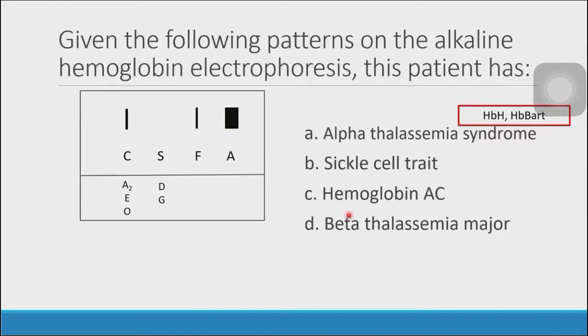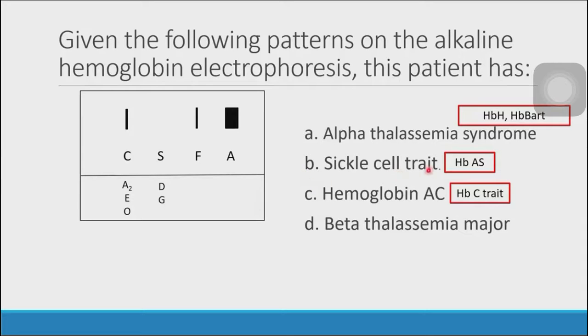For beta thalassemia major, ganun din yung rationale behind. Since beta thalassemia major, there is no beta globin chain being produced here. Thereby, of course, since walang beta-globin chain, affected din yung production ng normal adult hemoglobin since it is composed of 2 alpha chain and 2 beta chain. So, tanggal na agad to si beta thalassemia major. So the answer here is either B or C na lang.